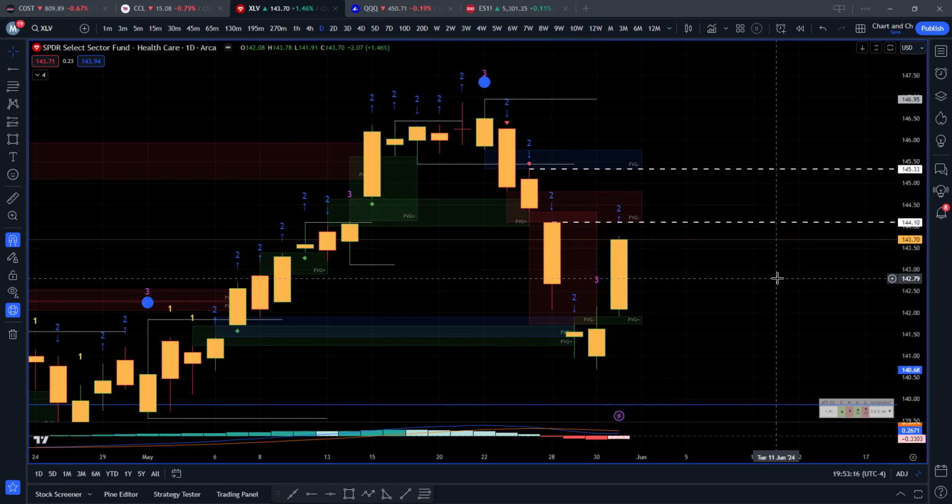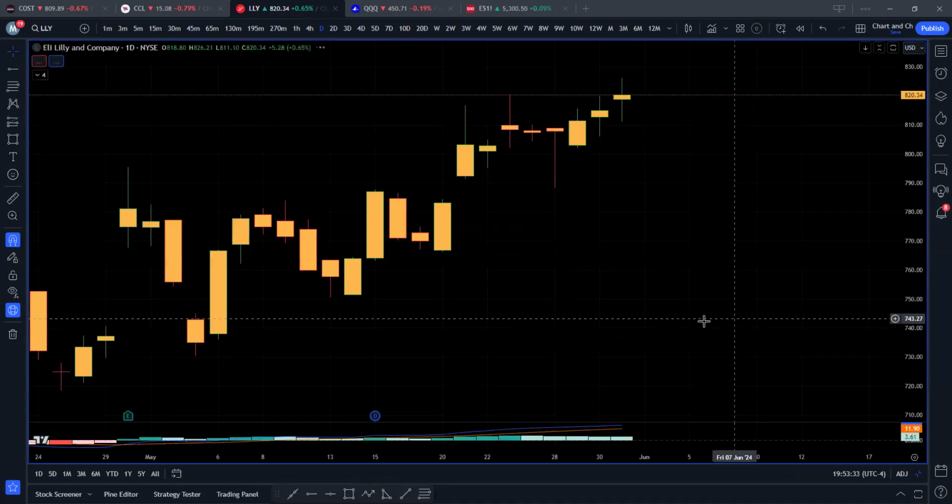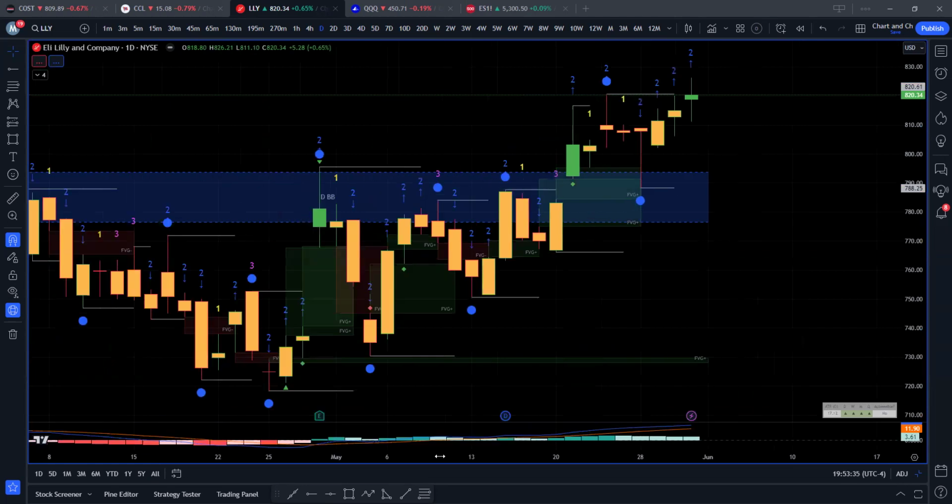Moderna, not as small account friendly as Pfizer, but yeah, you can find some contracts that'll move. What was the other one that's in? It's Lilly. Yeah, you should probably chart. Actually, that one I will look at because I know that one can run. Let's see,